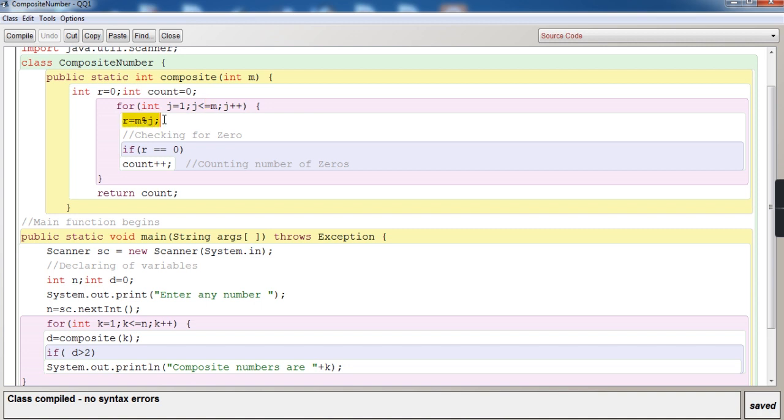In the next line, m will be divided by j. m is 1, j is also 1, so m will be divided by j, and this division symbol is called modulus. Modulus will give you a remainder, because when you are dividing, you get a quotient, you get a remainder.